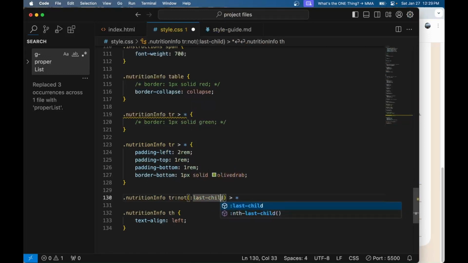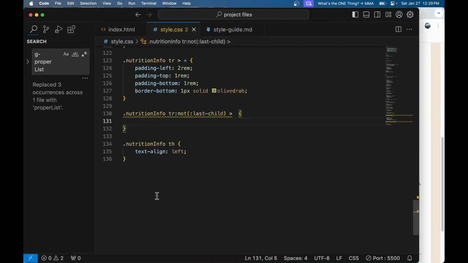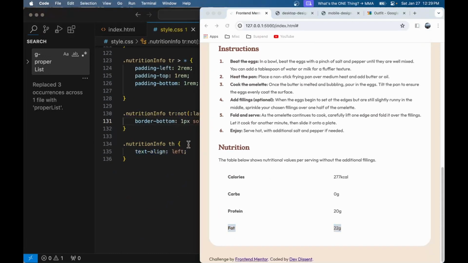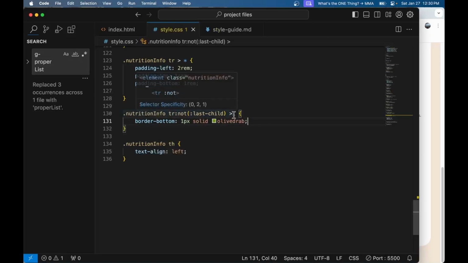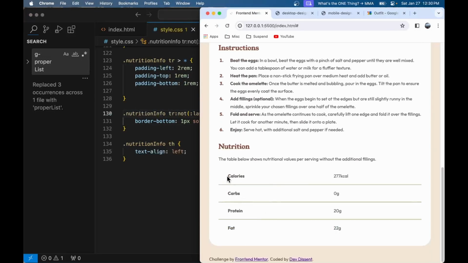And then everything except the last child, we're selecting all the descendants of those table rows. So we're just simply moving this here and accidentally removed the star. All right,